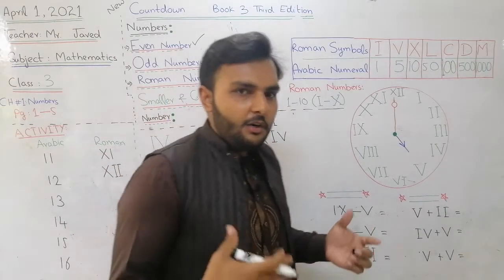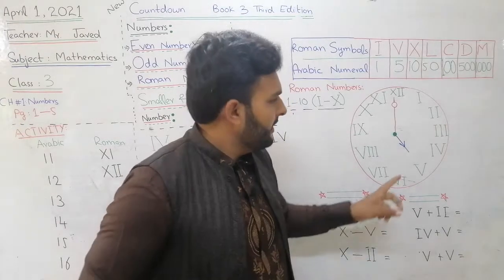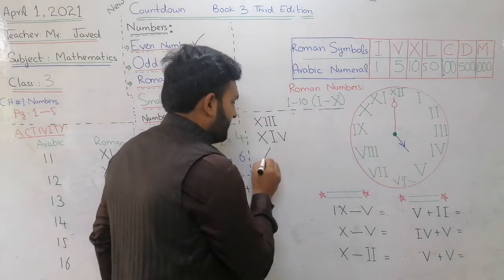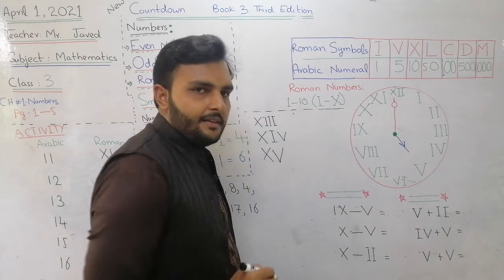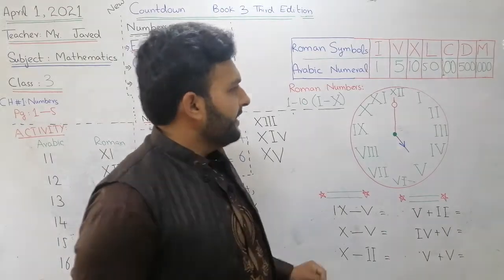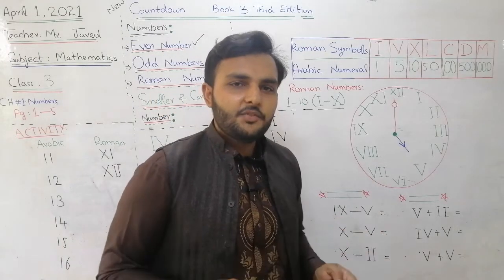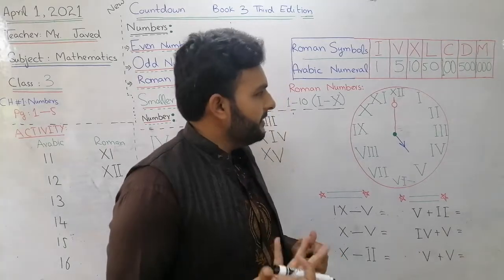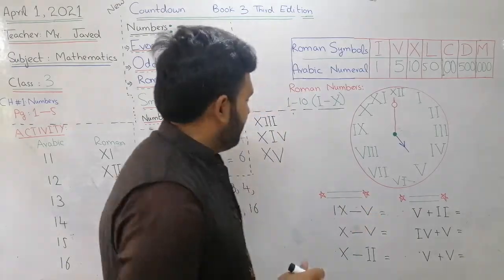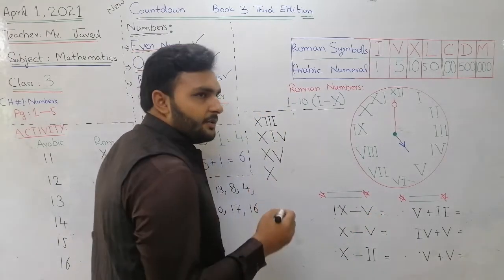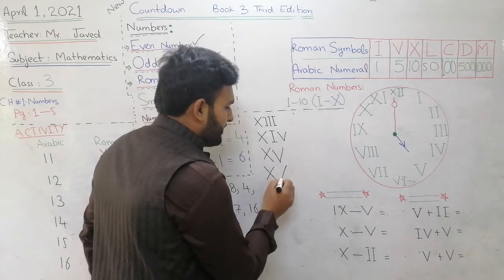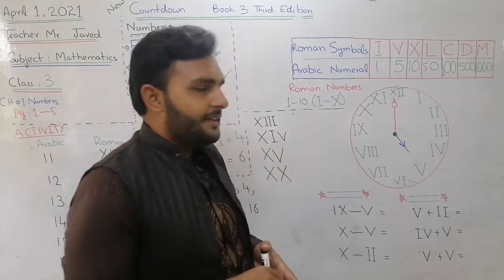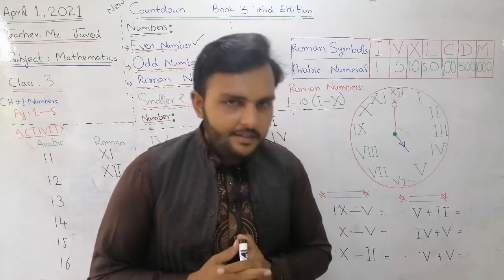And how can we write 15? Where is 5? This is 5, and where is 10? This is 10. So combine these two, it will be 15, like this. And where is 16? Where is 6 and 10? Combine these two. 17, combine 10 and 7, it will be done. And how can we write 20? How can we write 10? This is 10. So 20 has two tens. One more time you will write X. So this is 20. So I think up to 20, 1 to 20, you will learn like this.